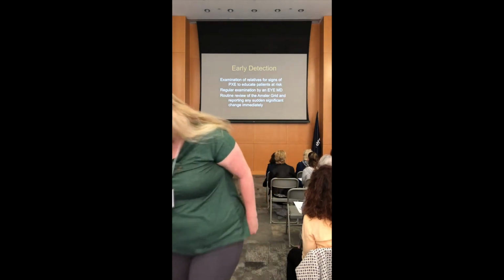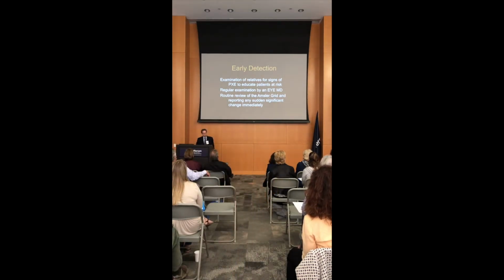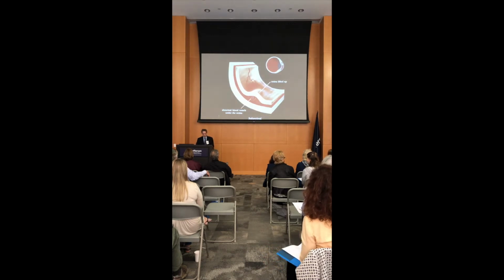Early detection of a problem is important because we do have treatments for leakage to prevent that bleeding and scarring. So we do try to detect patients who are at risk for vision loss, and anyone who's a relative of an affected individual, and we do have genetic testing today, should be examined, maybe have genetic testing so they could be educated about what symptoms to look for. We usually provide patients with an Amsler grid and instruct them in its use, and the reason for that is,